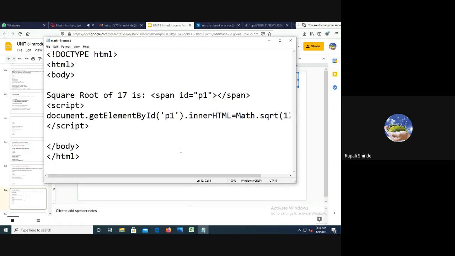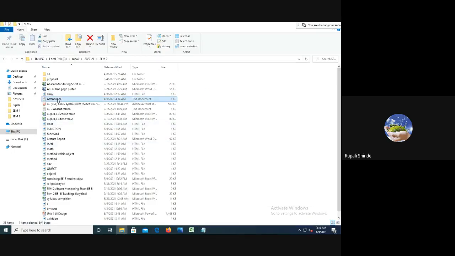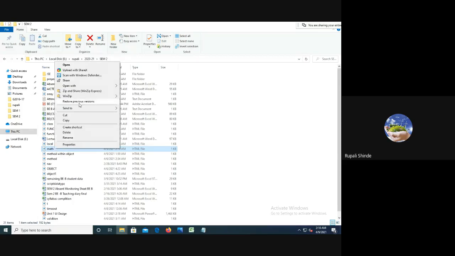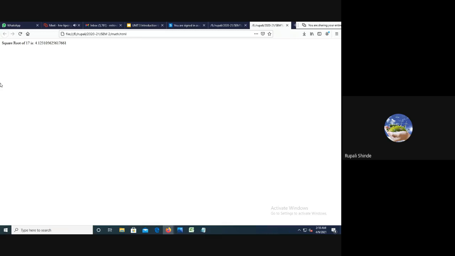We are going to try the square root function, so we execute it. Okay, the square root of 17 is 4.1231. It is nothing but the square root of 17.